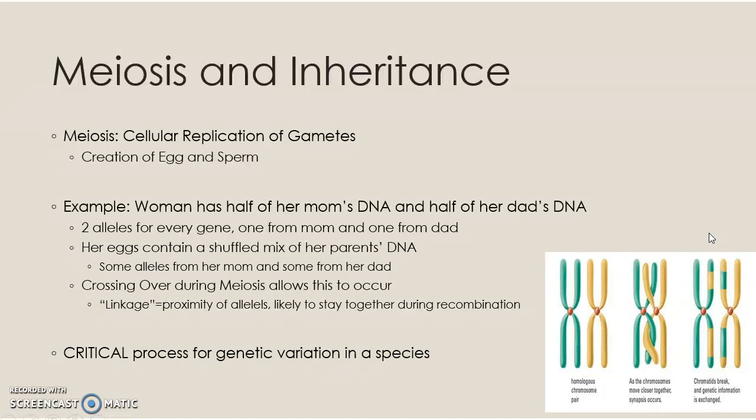So mutation is the source of all of this variation. It's the thing that creates new alleles for genes. But this recombination during meiosis allows those different alleles to be shuffled in a variety of ways to produce more variants in offspring. So these concepts in this short little lecture are so important for understanding inheritance, for understanding evolution,